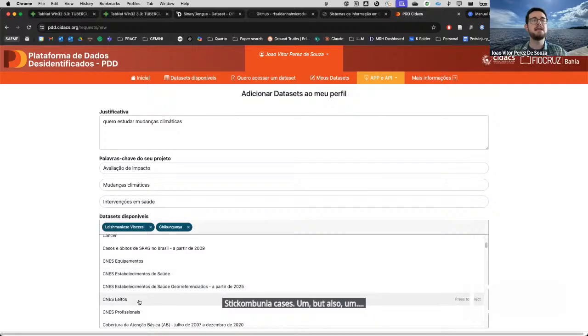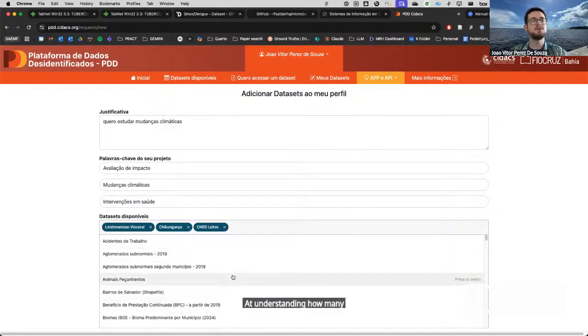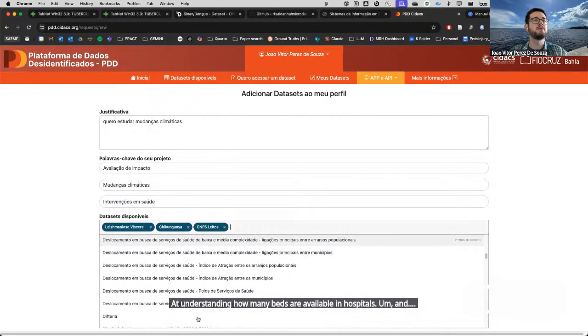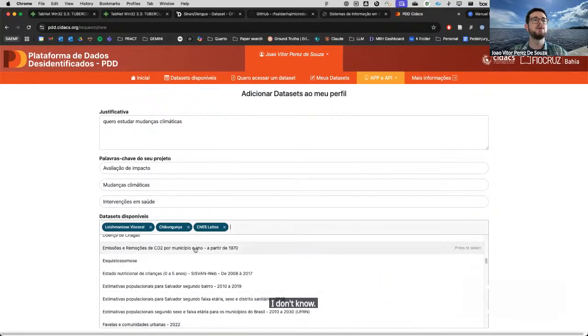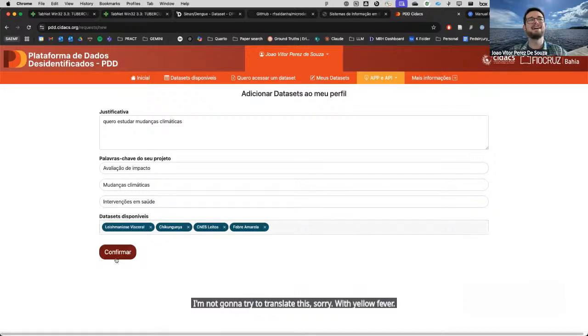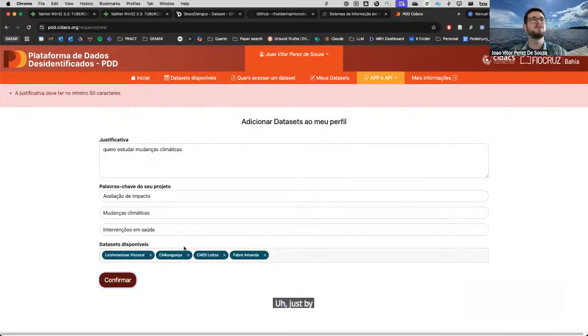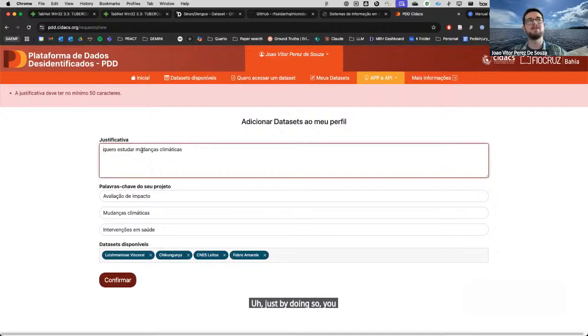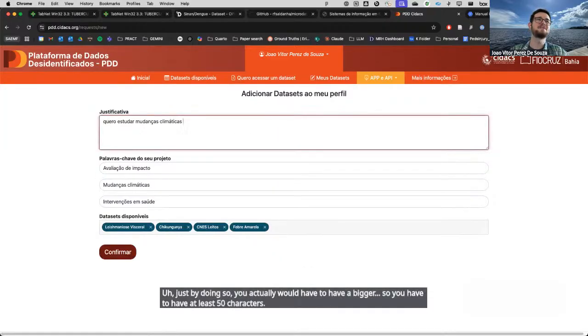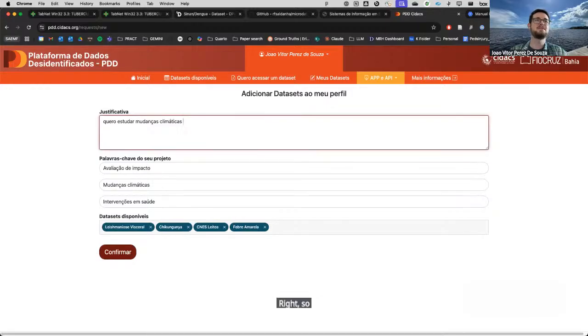looking at understanding how many beds are available in hospitals, and I don't know, with, I'm not going to try to translate this, sorry, with yellow fever. Just by doing so, you actually would have to write a bigger text, you have to have at least 50 characters.